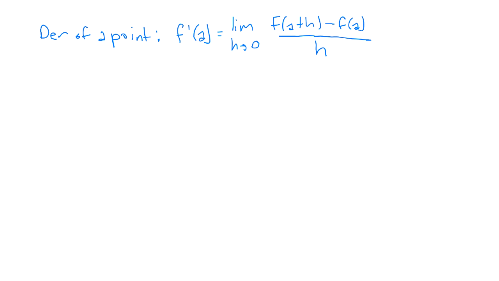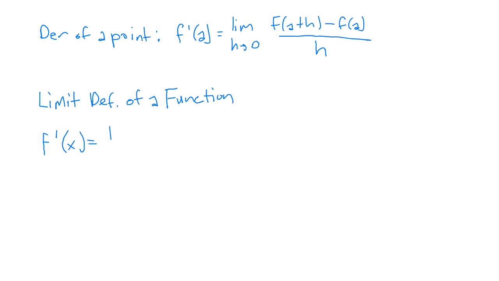The limit definition of a function is going to be, we can get a general derivative of a function in terms of x, or f prime of x, equals the limit as h approaches 0 of f of x plus h minus f of x